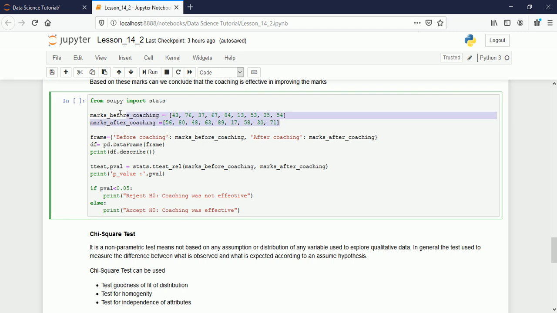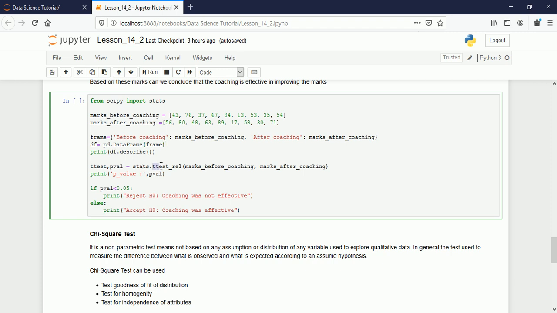Two lists are given, two samples are given. So first I have converted them into a dictionary here. It is not required, but I want to display it in the form of a dictionary. I want to calculate, describe, like mean, maximum, minimum, all those things. You know this function returns many attributes. So then here we are calling the function